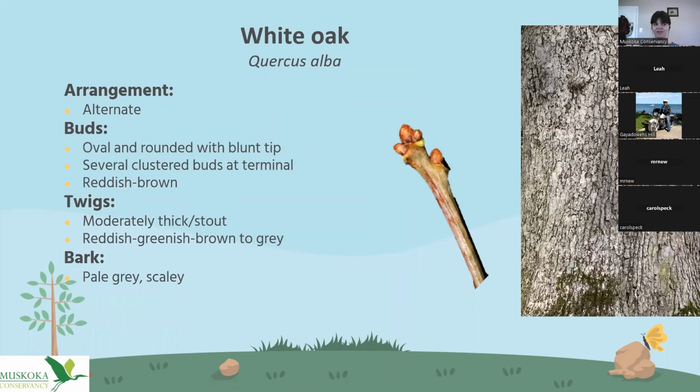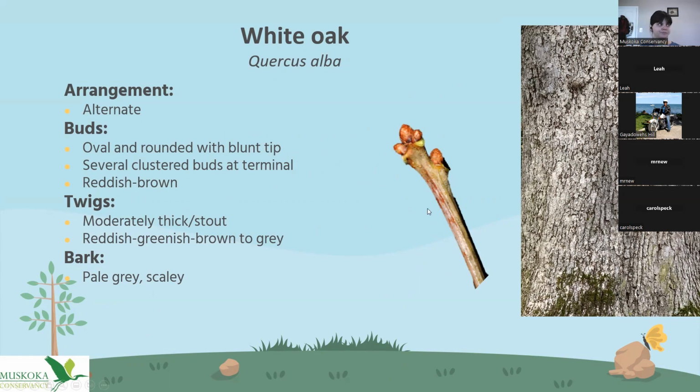This is actually our last species that we are talking about, and this is our white oak. So this is Quercus alba. It has the alternate arrangement as well, quite oval buds, but they are very rounded compared to the red oak, but they do have the clustered terminal bud as well, as all oak species do, and the color is a